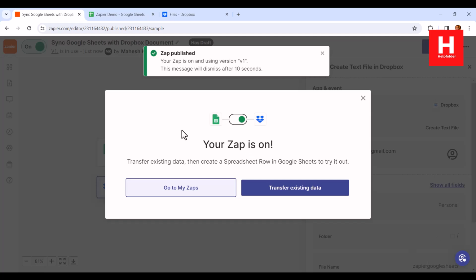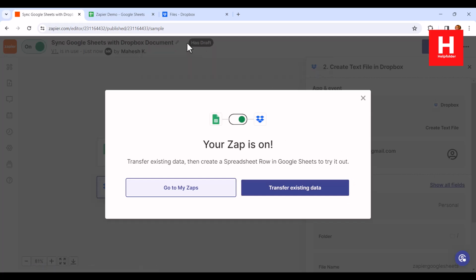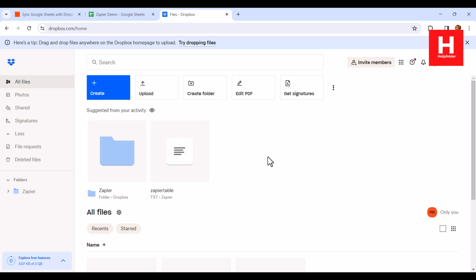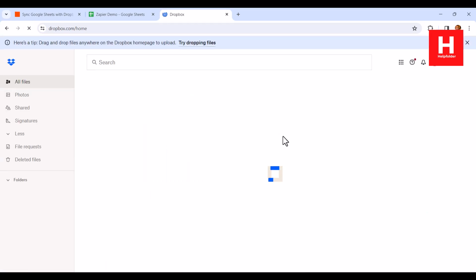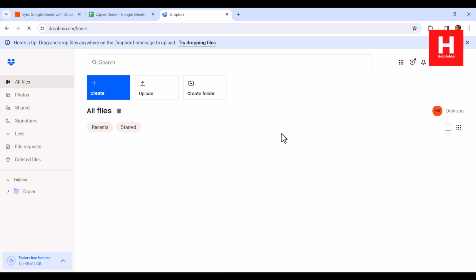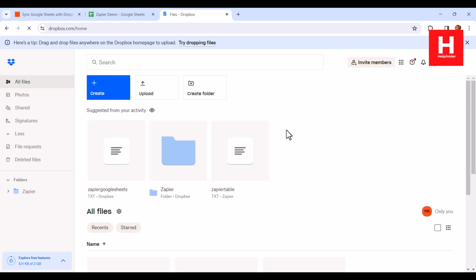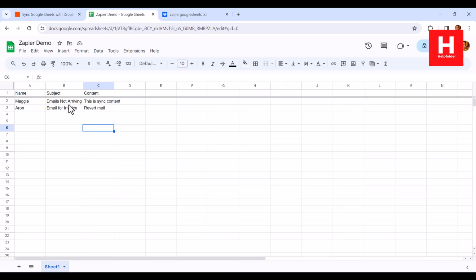Right, so here we have our Zap on. So I can go to Dropbox, can refresh this particular drive, and here we have the document that contains one of the row here,